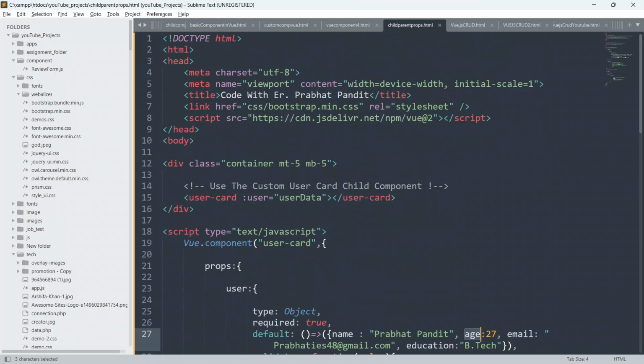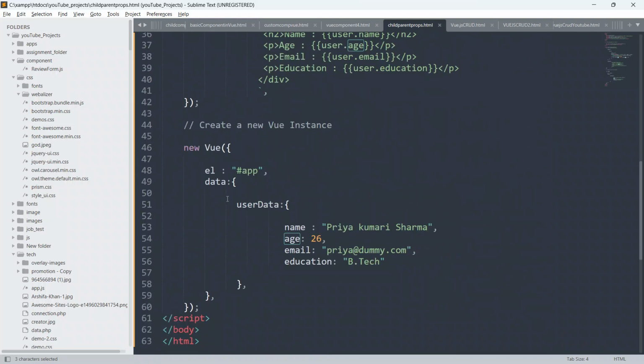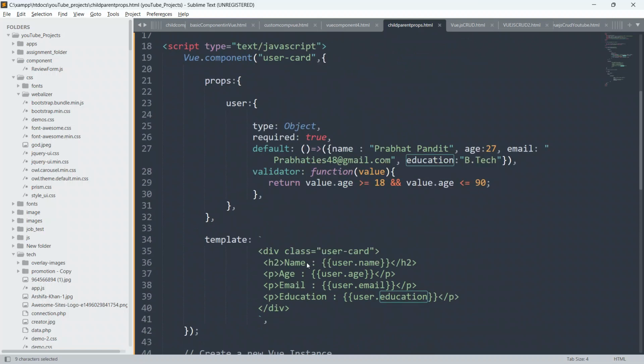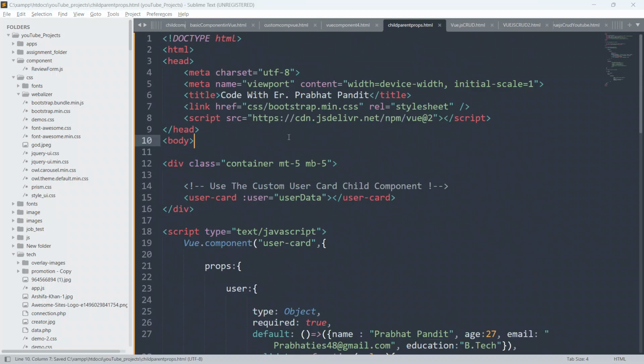So what is the error guys? Here user data is an object, so name, age, email and education. So now just refresh the page.